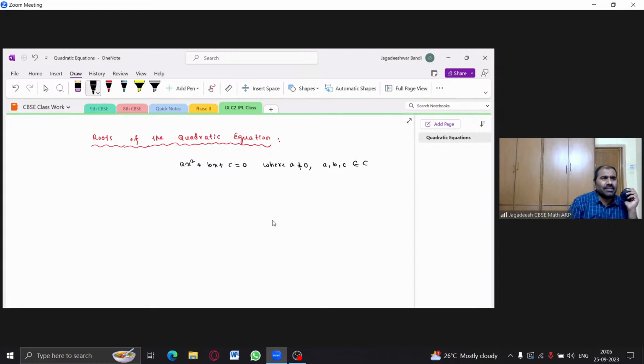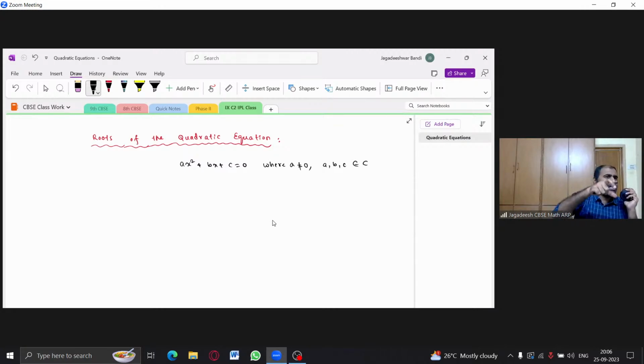Fine. See children, this is the equation. We can substitute any value in the place of x. As it is equal to 0, we can substitute any value. Suppose if you get 0, then we say that it is satisfying. If you do not get 0, then we say that it is not satisfying the equation. So for what values of x